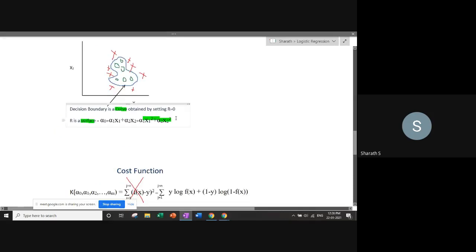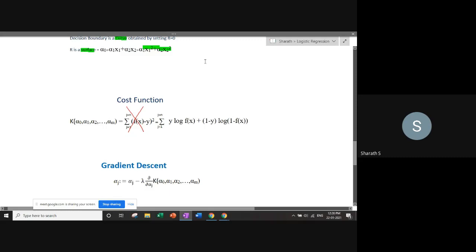So now the next step in anything is to find the cost function, because again we have to find the same coefficients here, and for that we have to use gradient descent, and for gradient descent we first have to identify the cost function, and the cost function is not the same. So there's a difference between linear regression and logistic regression. The cost function is slightly different, and here come the log terms: y log f(x)